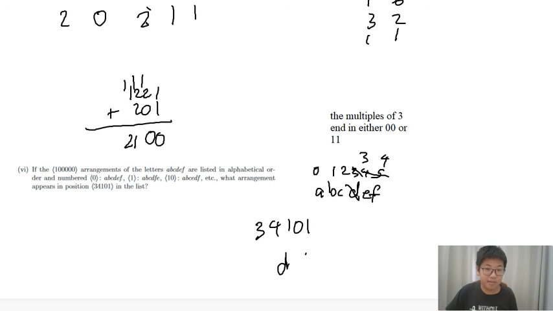Then we have 4, so it's F. Then we delete 4, and then we have 0, 1, 2, 3, and then 1. So B, delete this, and then delete the 1, 2 is E, and then 0 is A,